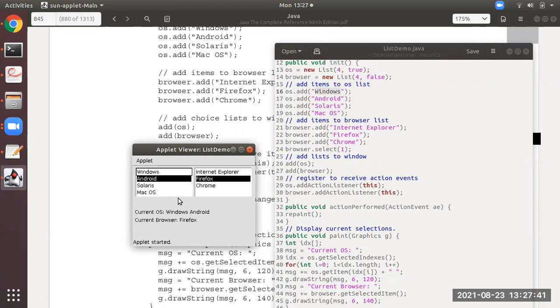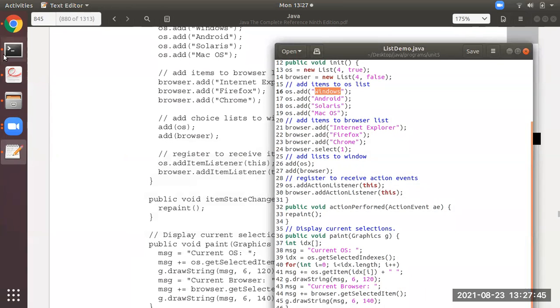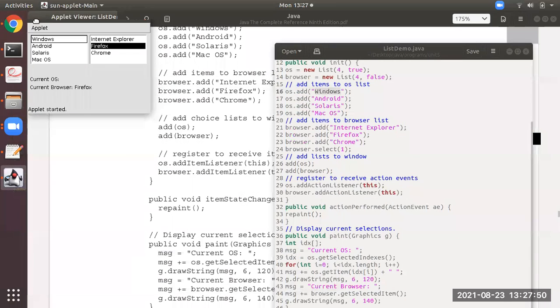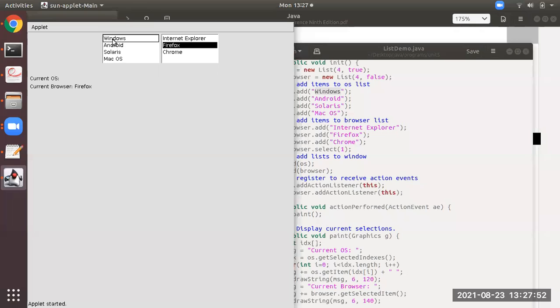Just a second, let me execute this. See, suppose in this I selected Windows. What happened? Just a second.